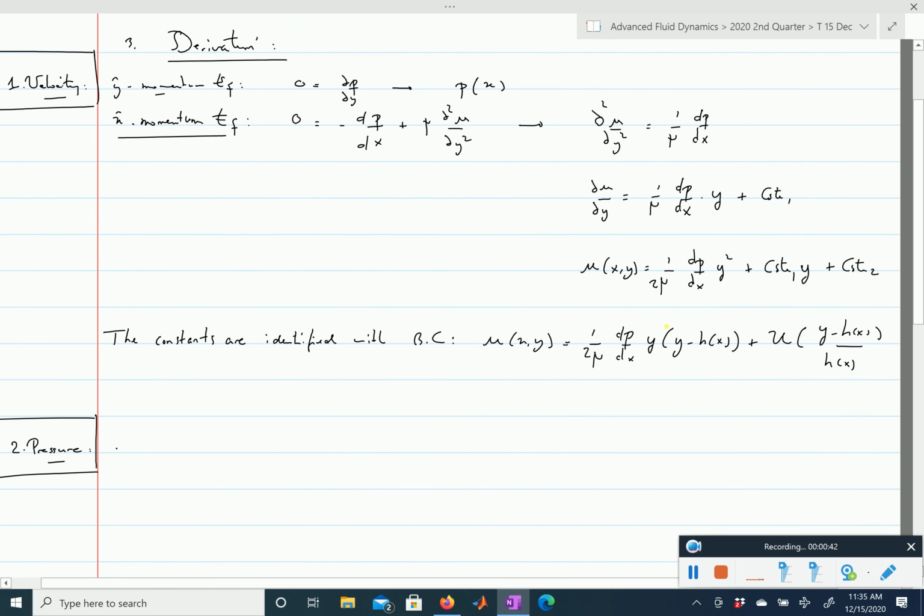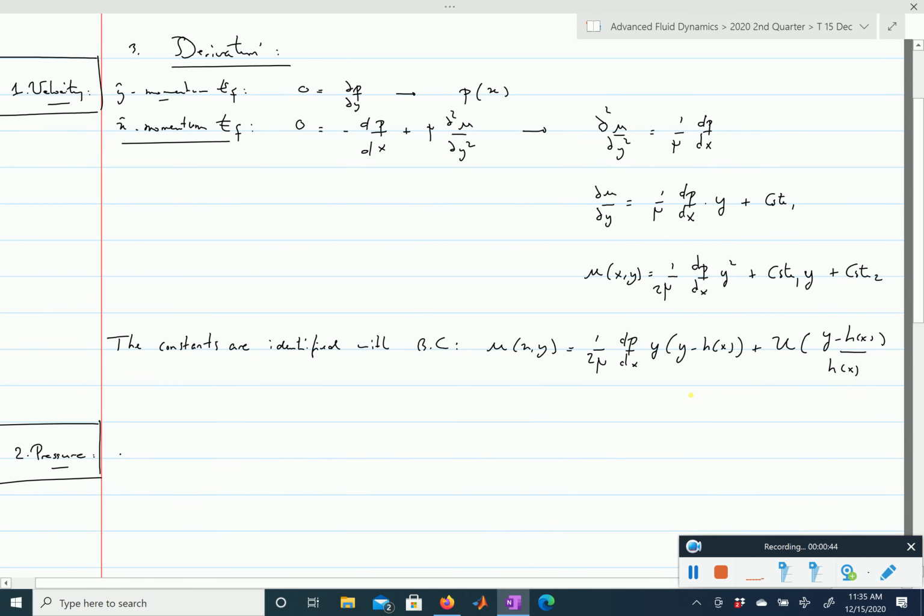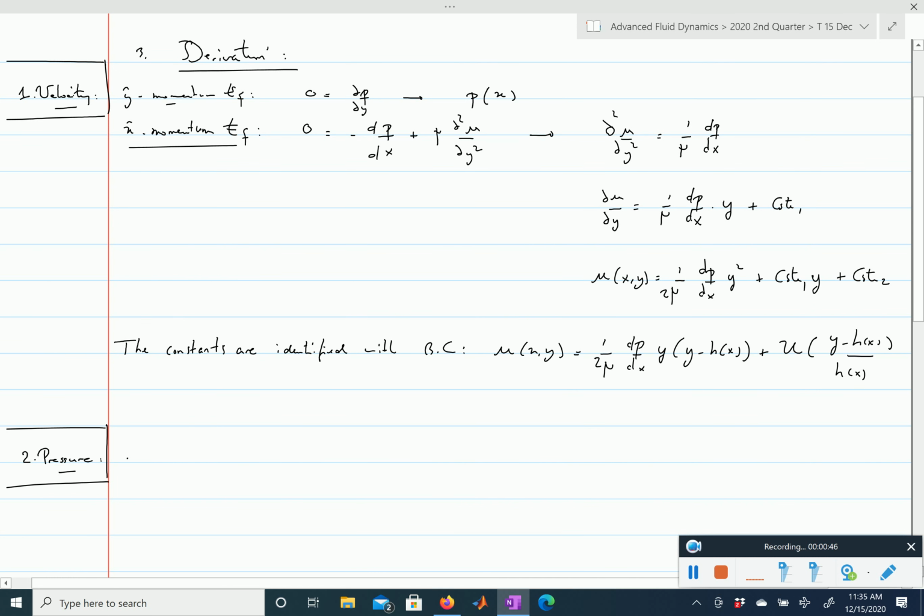So it's always good to just remember what we've done so far. What we've done so far is that we've used the y and the x momentum equation. Those are the two equations we have used, and we haven't used mass conservation. So from the motion that we've had, you need to impose mass conservation. You need to balance your momentum in order to solve the problem. We're going to have to write a mass statement,